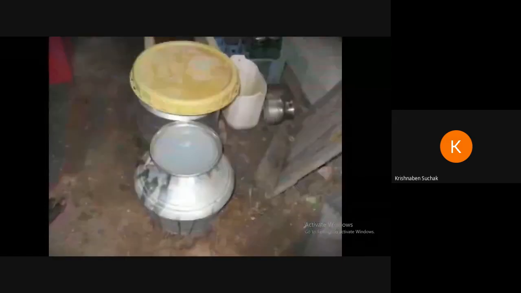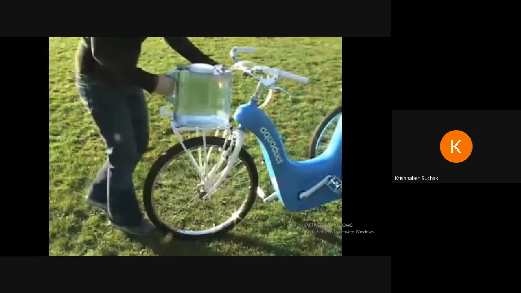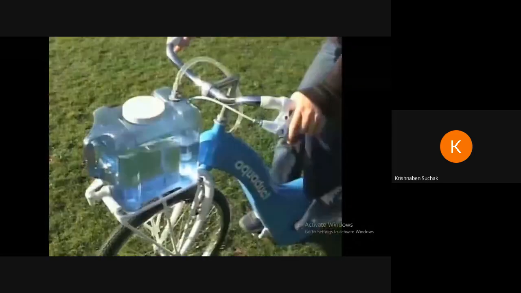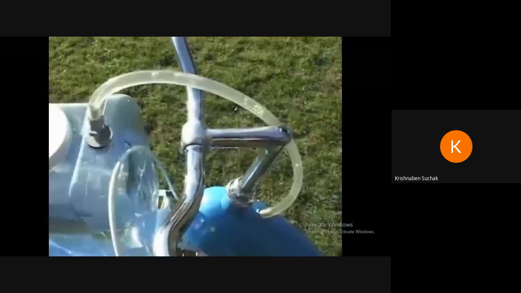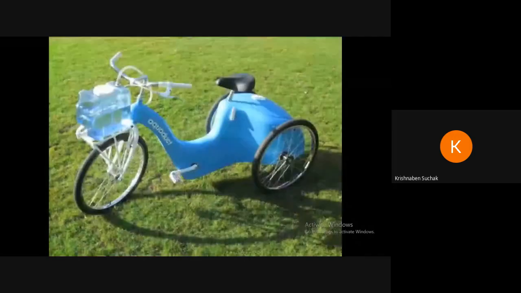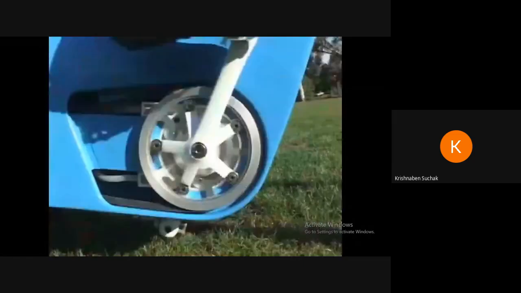When more filtered water is needed, the clean water tank is reattached. Then the rider flips a clutch that relieves the tension in the belt and disengages the pedals from the wheels. She can now filter the 2 gallons while stationary. The aqueduct would allow families in developing countries to have daily access to clean water, all by harnessing the energy of pedal power.